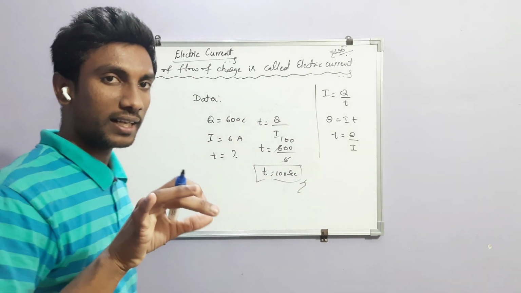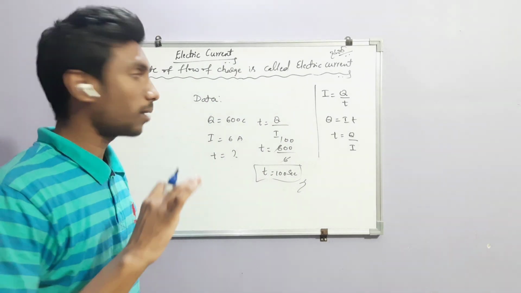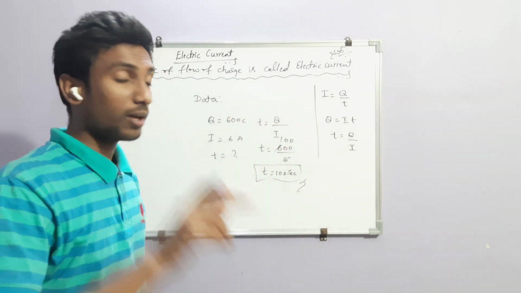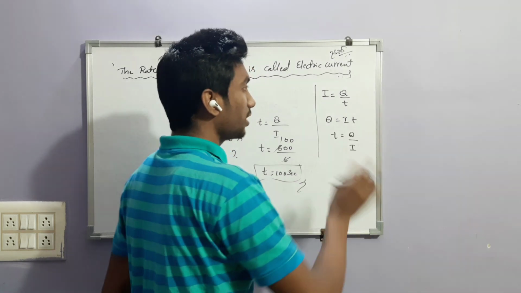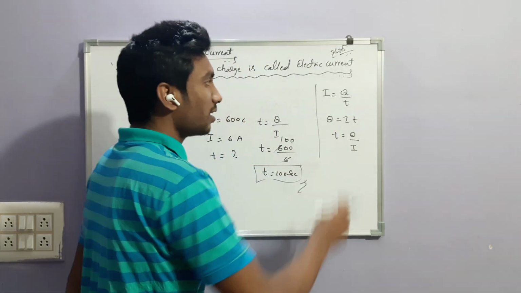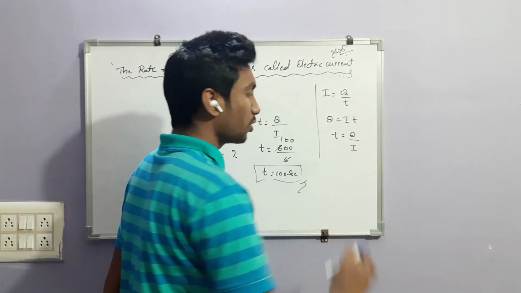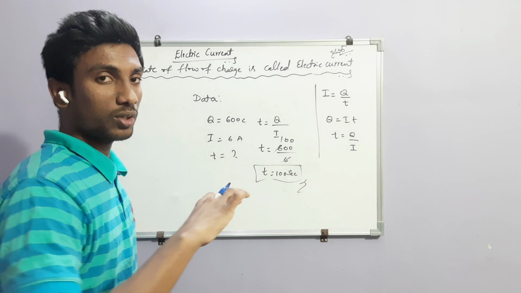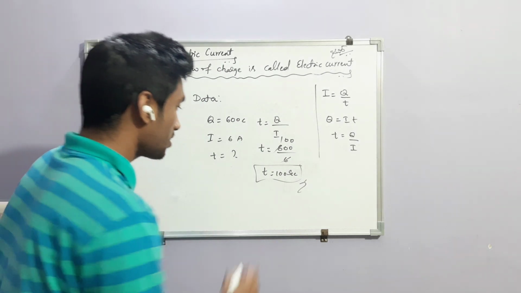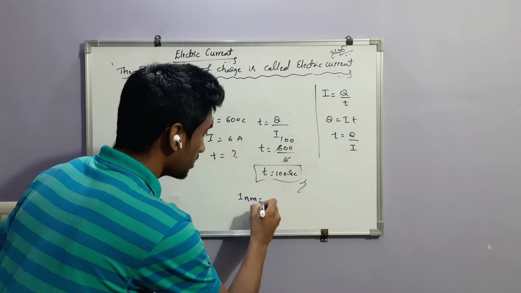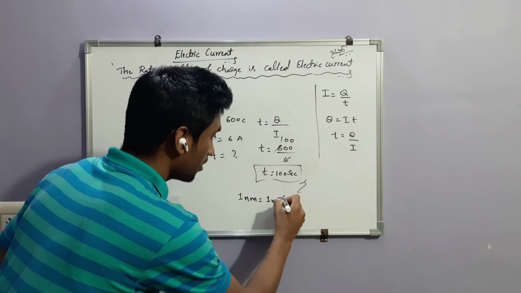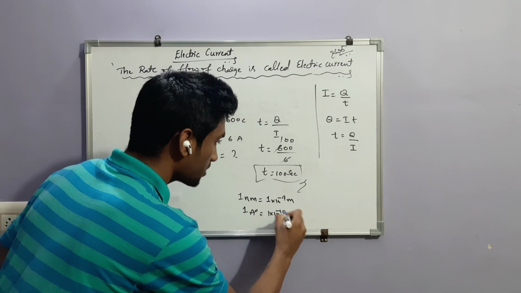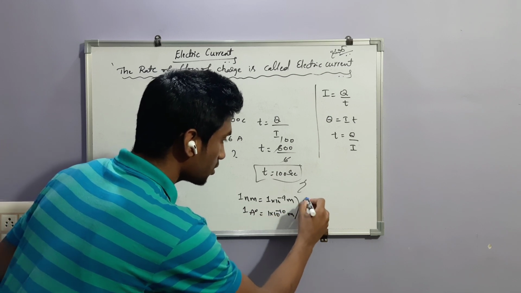So how do we define electric current? Electric current can be defined as the flow of charges in a conductor. What is the mathematical formula? I is equal to Q by T. If you need to calculate Q, then Q is equal to I into T, and if you need to calculate time, then it is Q divided by I. Also solve some basic problems and learn the conversions. Some extra information: 1 nanometer is equal to 1 into 10 power minus 9 meter, and 1 angstrom is equal to 1 into 10 power minus 10 meter. Okay, you should remember this.